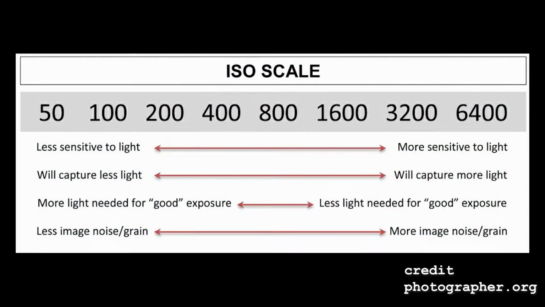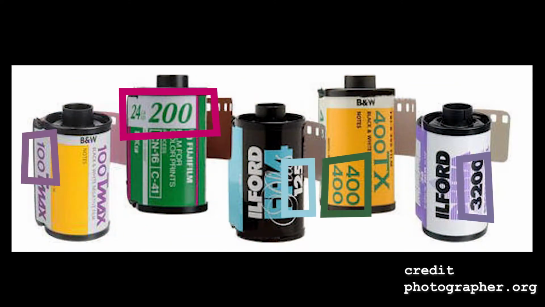So the ISO is another function on your camera that should be adjusted to the speed of film that you're shooting. The general rule for ISO is the higher the ISO, the more sensitive the film is to light. You can find the ISO speed on the film canister itself, and it's very important, and I stress it, very